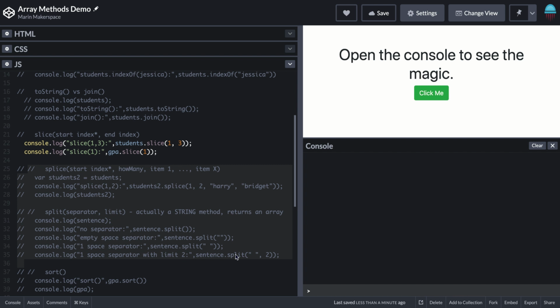In this video, we're going to look at 3 array methods: slice, splice, and split. Split's actually a string method, but it returns an array, so we'll look at that. So the slice method